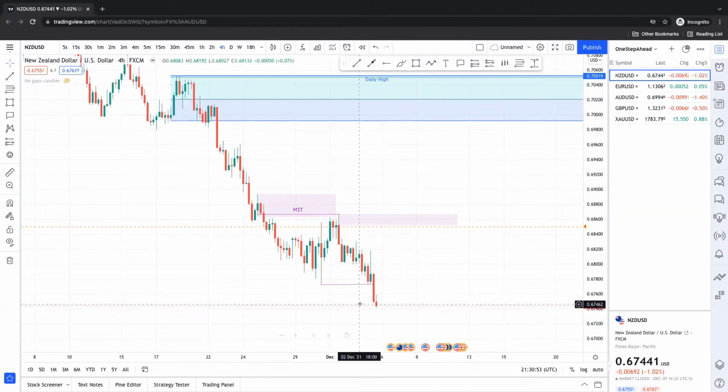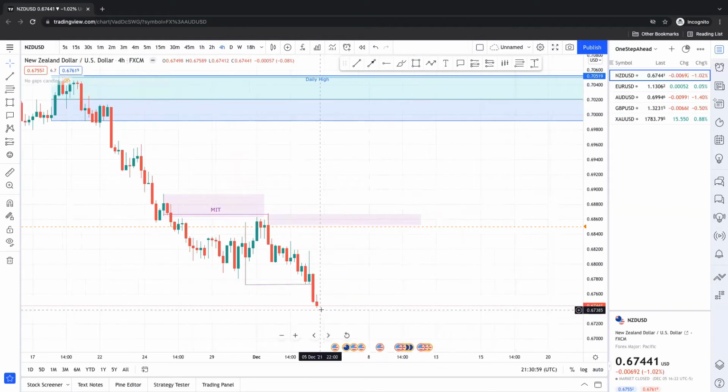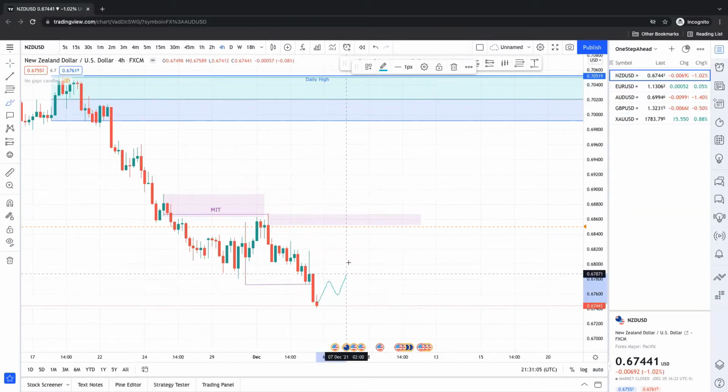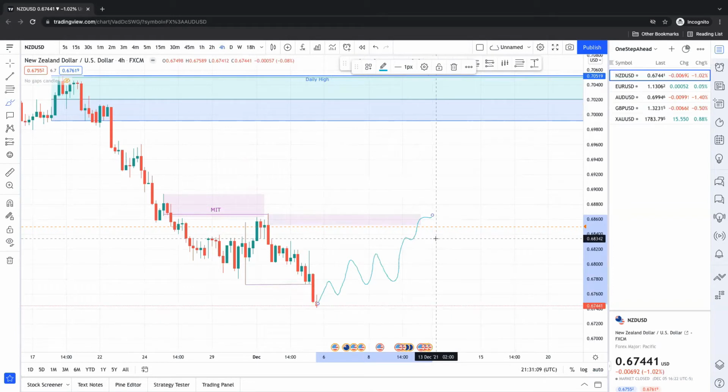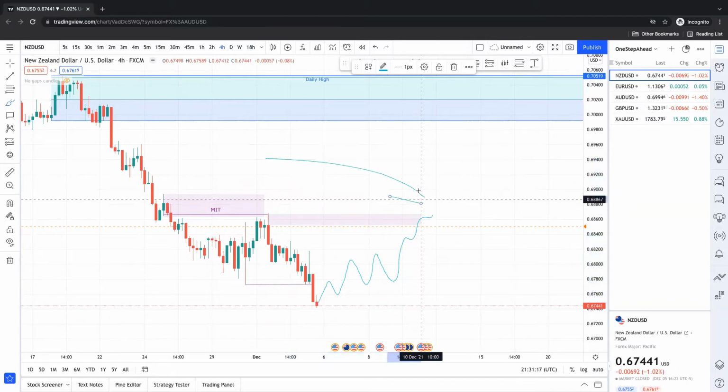But it hasn't stopped yet here. Okay, so we need a pullback. Some of you can do, on intraday, if you get on 1 hour or 15 minute 2 breaks, you can play buy as well. Okay, but I think if you are new and a beginner, I would suggest you go with the bigger time